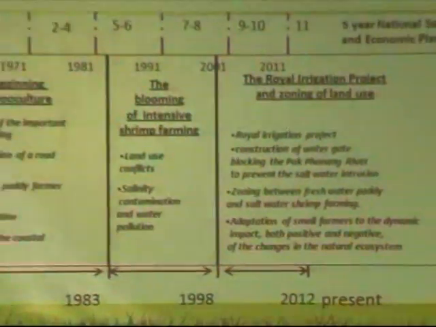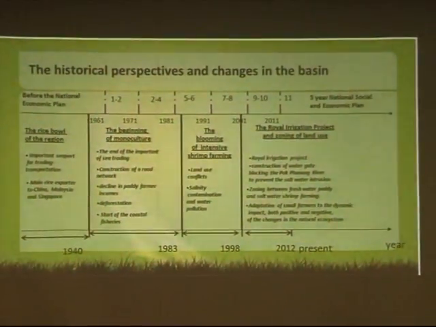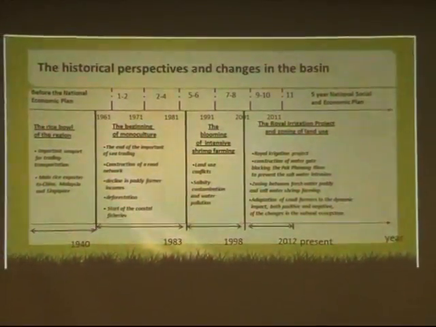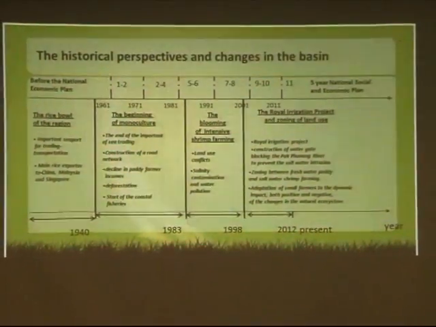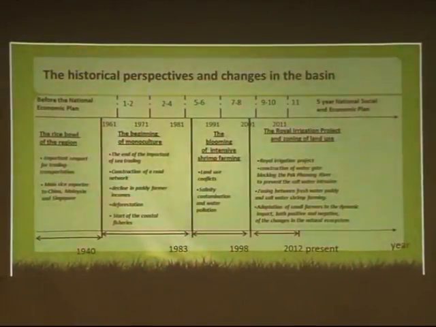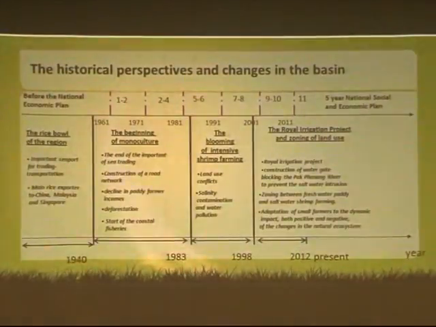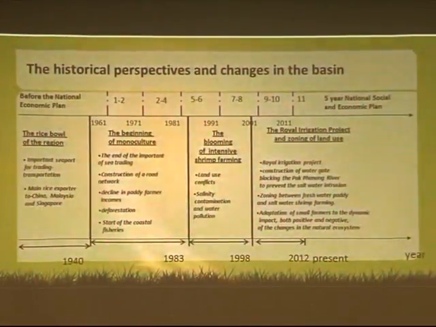Until the start of the first to fourth of the 5-year National Economic Plan, with the rapid development of infrastructure and the construction of a road network, consequently the importance of sea trading and transportation ended. The economy of Pak Panang began to decline. Some local people have gone to higher areas and deforested for rubber plantation and monoculture. Moreover, in 1962,